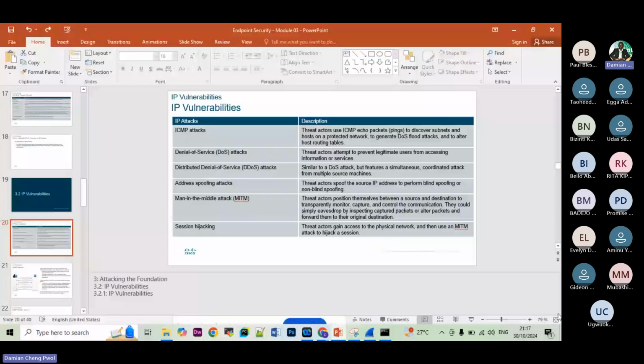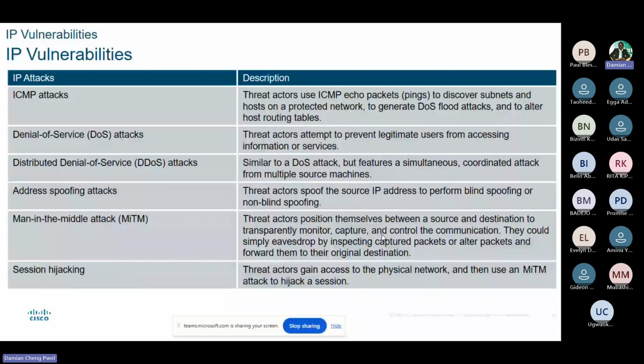So denial of service, we've mentioned denial of service. Threat actors attempt to prevent legitimate users from accessing information or services. So that is IP vulnerabilities when it comes to IP packets. These are some of the vulnerabilities at this level. You also have DDoS, that's distributed denial of service. That's similar to DoS,